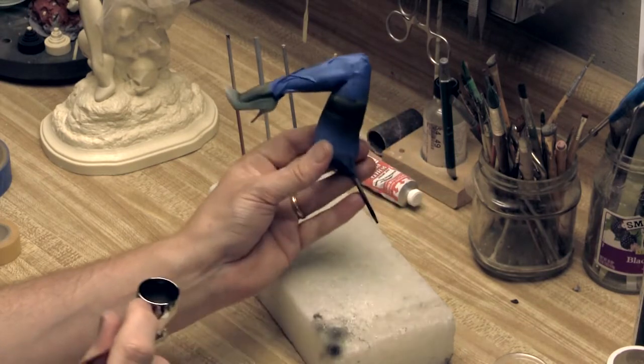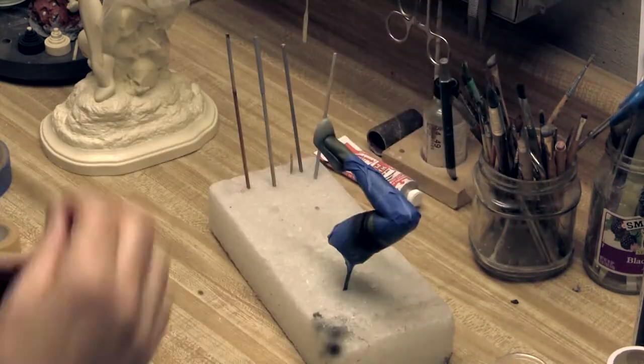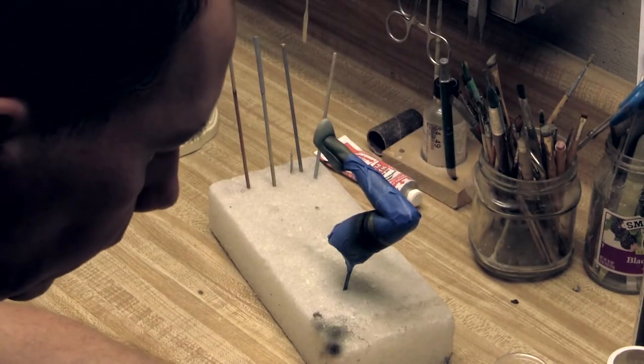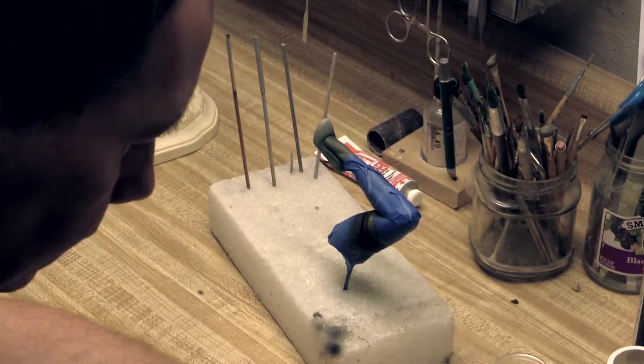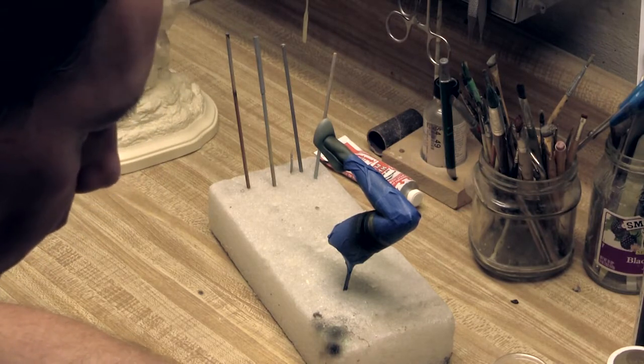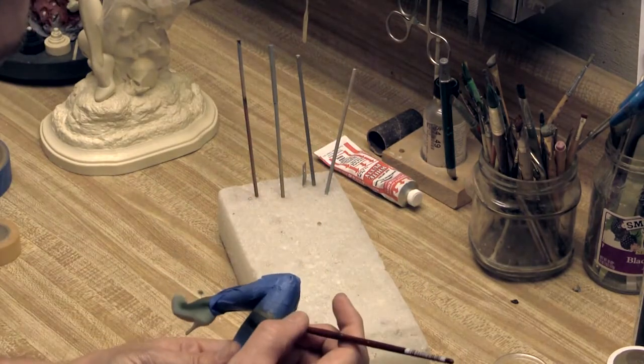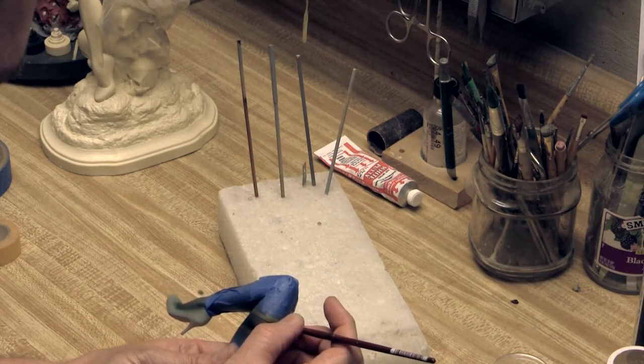Yep, it's looking pretty good. Right now, I'm going to get a little detail brush here. Get some of my paint. And this paint is super thin because of the airbrush. So when it comes time to brush this stuff, it doesn't cover quite as well, but